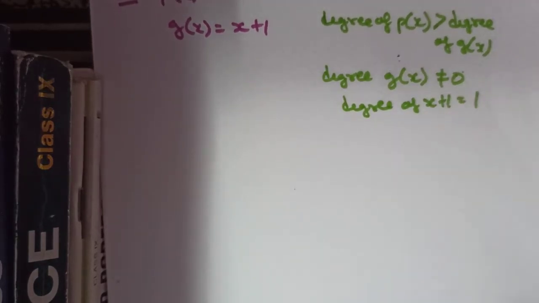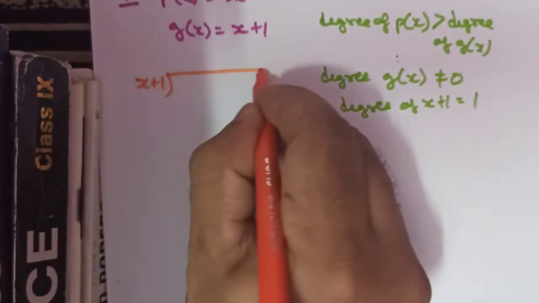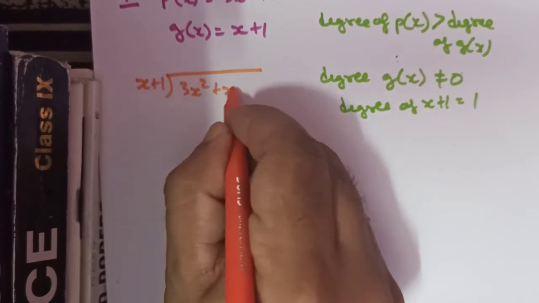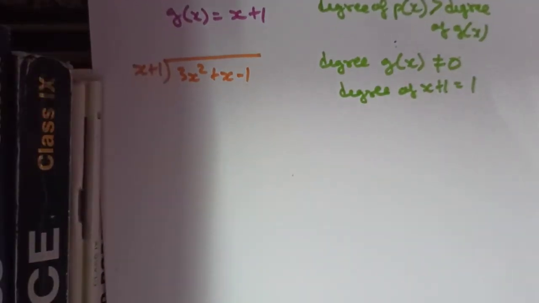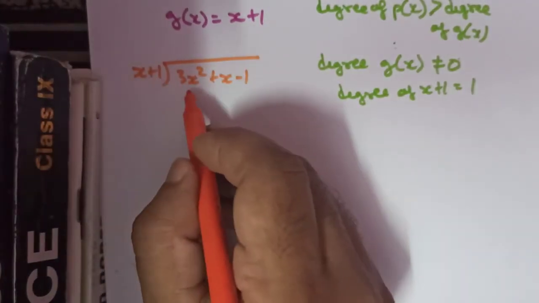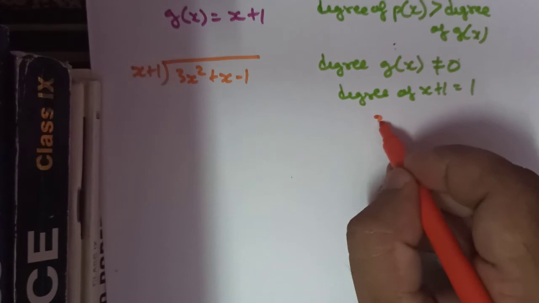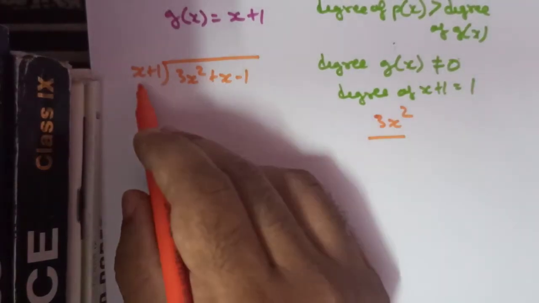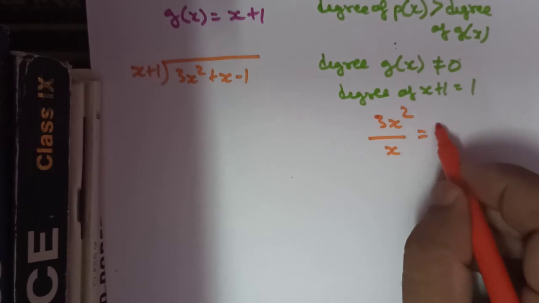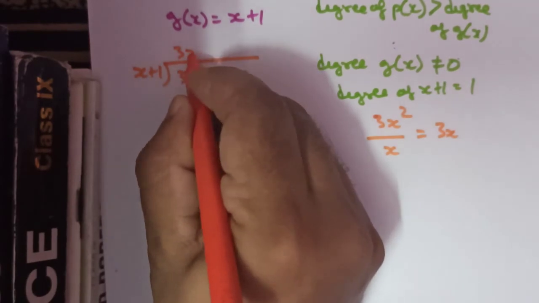So third point is regarding remainder. We cannot state about remainder without performing the division. So we will perform the division. So if we divide this, x plus 1 will be the divisor and 3x square plus x minus 1. We can also find out the remainder by remainder theorem, but here I am solving by the division. So x plus 1, here the value is what? The first term of the dividend is 3x square, and it is divided by the first term of divisor, that is x, and it is coming equals to 3x. Okay, so 3x will be the first term of the quotient.